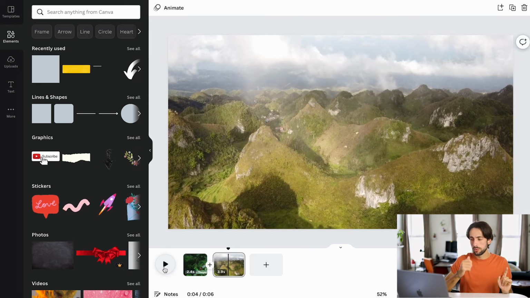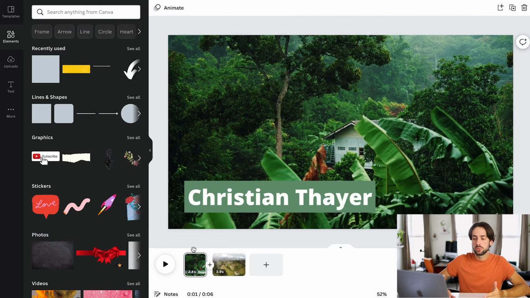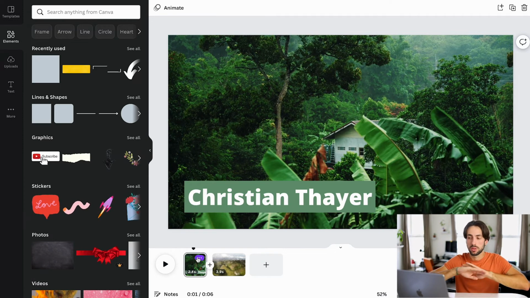Now, the one thing to note about the text is that, as you can see, it was only on this clip. Now, let's say that this clip was like 2 minutes long, right? I just talked for 2 minutes straight and I threw this on here. The only way to essentially set the duration for any sort of animation or object or text is that it is dependent on the clip. So if you only want that text, that animation, that object to show up for 5 seconds, you're going to have to split the clips.